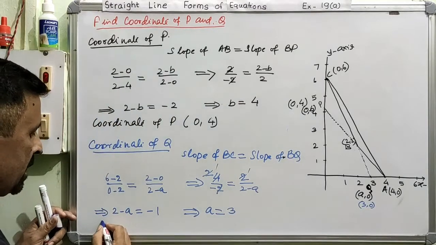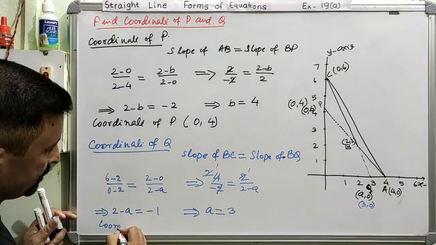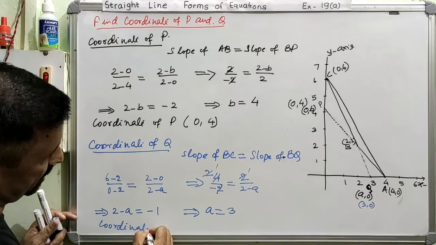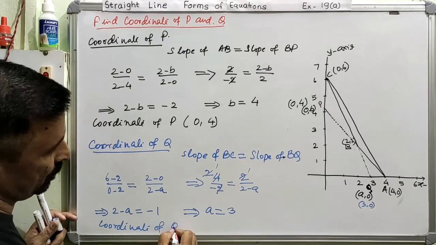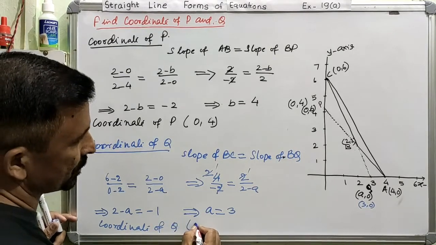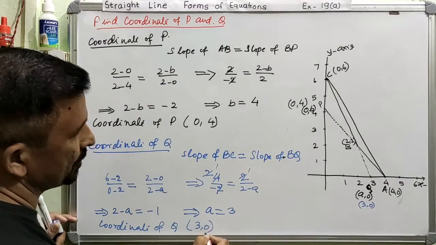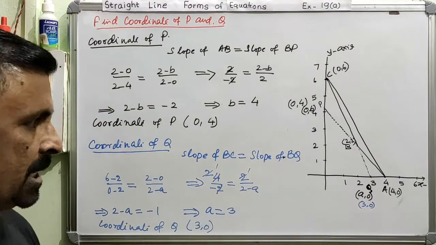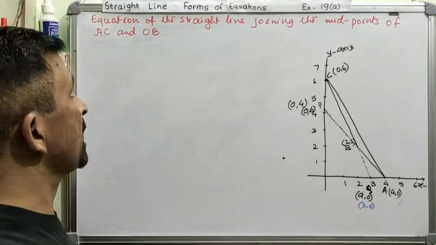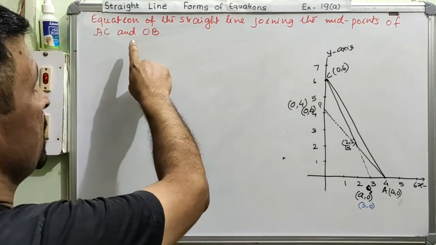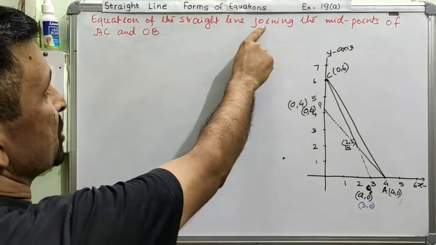Therefore the coordinate of Q is 3 and 0. Clear? We'll see the next part of this question. Now the next part of this question is, find the equation of the straight line